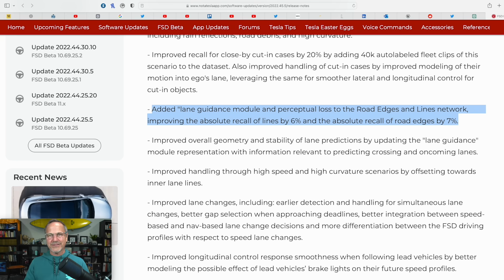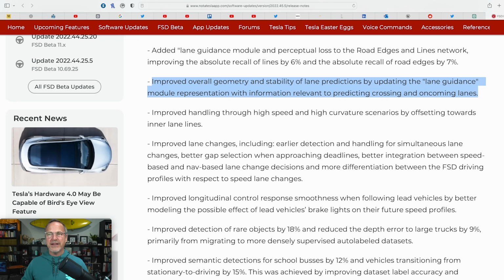But as far as I understand, what it's doing is reducing some situations where it's detecting lane edges and road edges where it shouldn't be. And 6 and 7% is not that much. But again, I haven't experienced very many situations where it's even a problem. So we're probably looking at a relatively minor thing for most people, but it's still improving it. So that's great. And the next note is obviously related to the previous one,